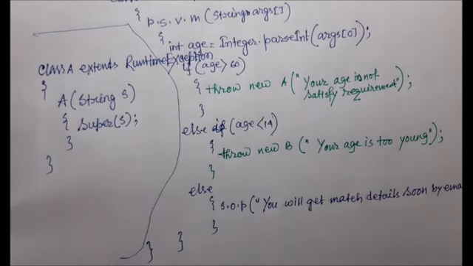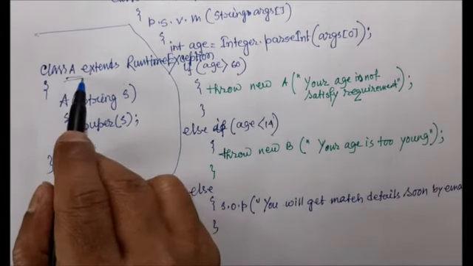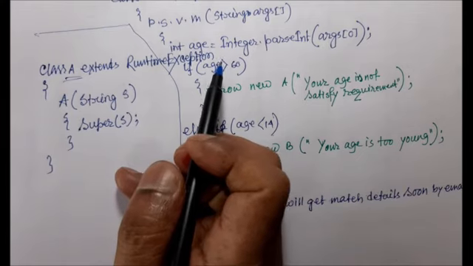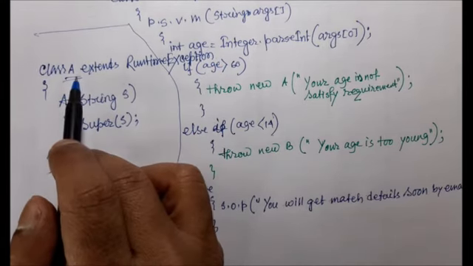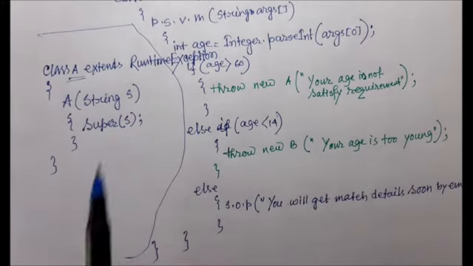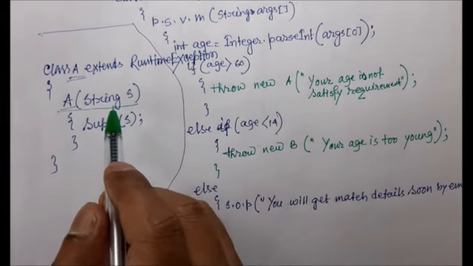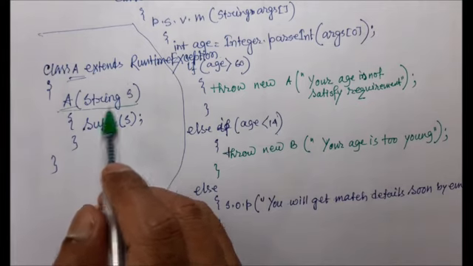Here I have a class. This class is now an exception class because it extends RuntimeException. So now it has become an exception class, and within the exception class I have written a constructor passing a string as an argument. It is not mandatory, but it is common to use that string s.